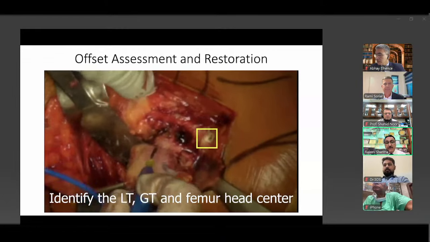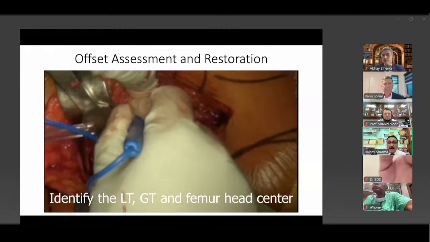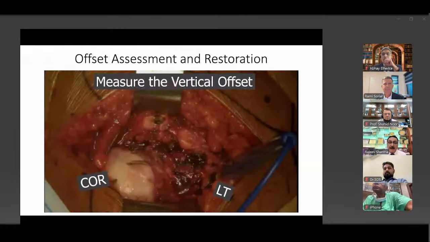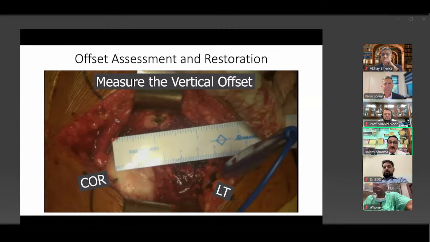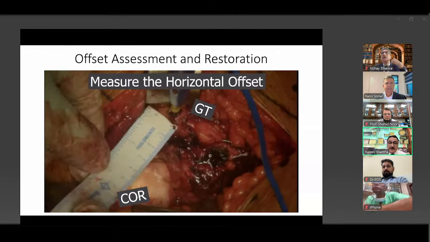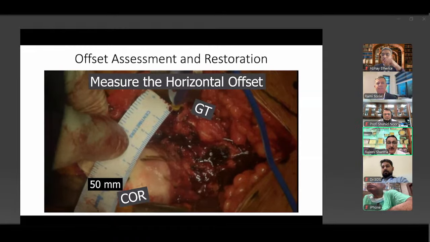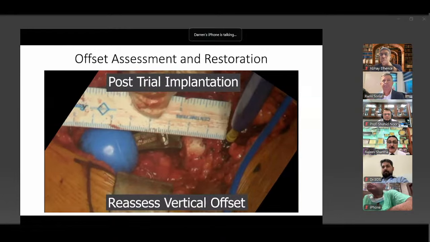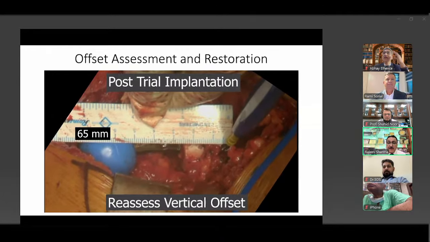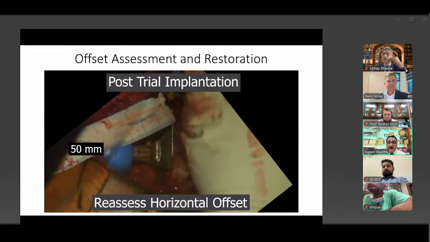In my hand, there are a few simple ways of assessing the offset. You make a mark at the trochanteric tip, make a drill hole in this area, a drill hole in the trochanter and a drill hole in the lesser trochanter, and I put a mark on the femoral head. Here, what we are measuring is the horizontal offset. Then you are measuring the vertical offset, and you must do it before you make a neck cut. You must have a measurement. You try to match it up with the trial implants,